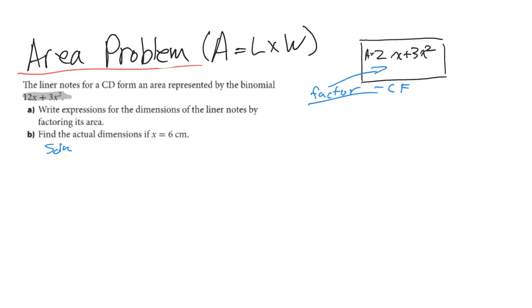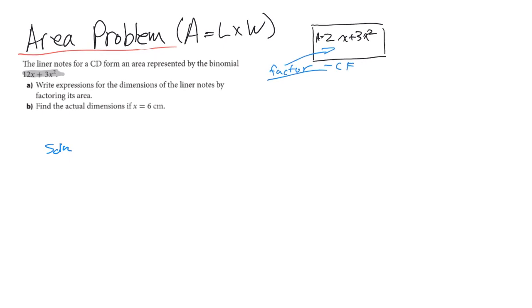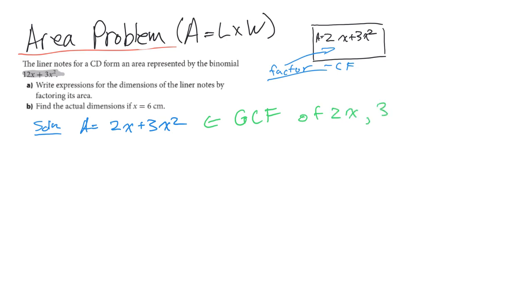And when we're doing the solution, we're going to attempt to start with the area and then factor it. So the area is equal to 2x plus 3x squared. Now, if I was looking at this problem has a GCF of, the GCF of, let's say, 2x and 3x squared. So both of these,